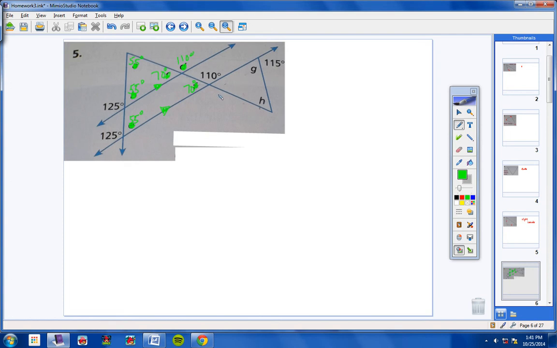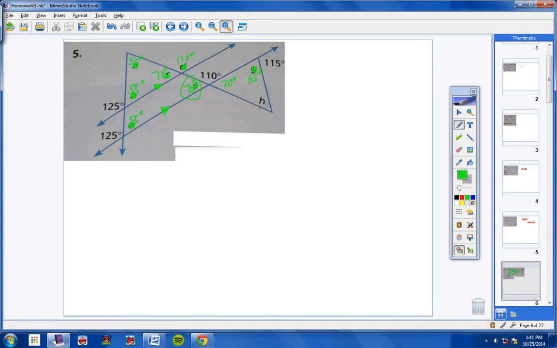Now moving on here. Let's see what we have here. Okay, this angle here is 70. So this angle here would also be 70 because they're vertical angles, and vertical angles are congruent. And notice this line here has a line coming off of it, so these two angles are linear pairs, thus they equal 180. So if this is 115, then this angle here would have to be 65, and then 70